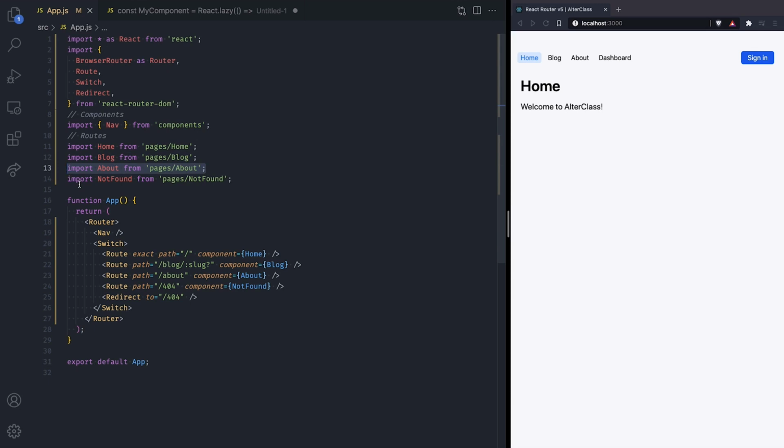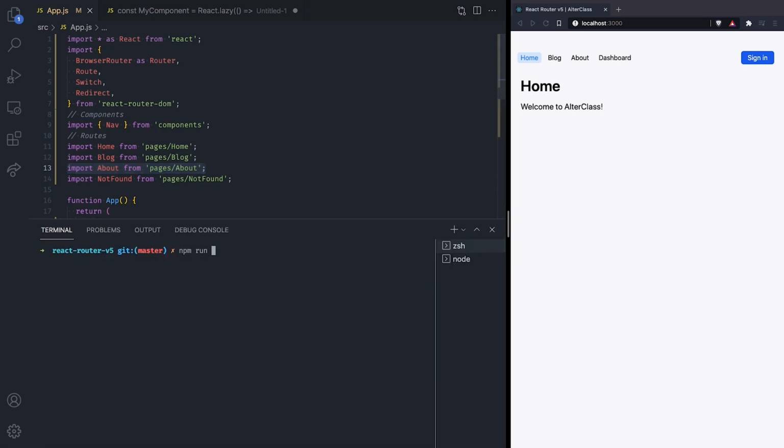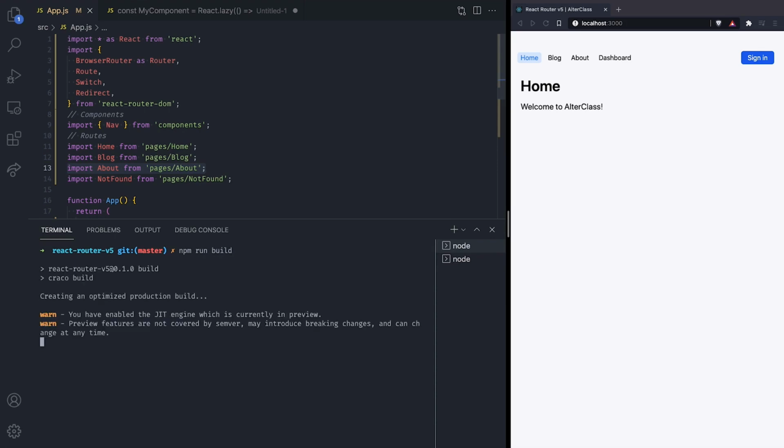If he does not visit it, the user should not have to download the about component's code until he visits the /about URL. To do so, we are going to use dynamic imports and React.lazy. But before we do that, let's run npm run build to create a production build of our application